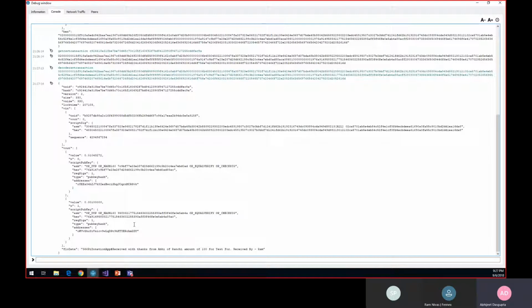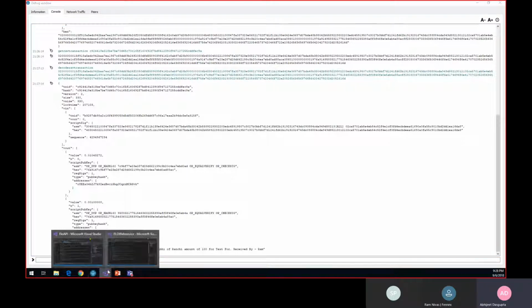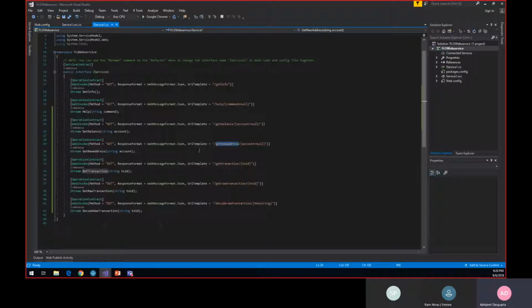So we will be using these commands in sequence when we create our web application in our next sessions. That is why we are going through these RPC commands and implementing those into our APIs. So we have pretty much got all the API endpoints that we wanted to create in this